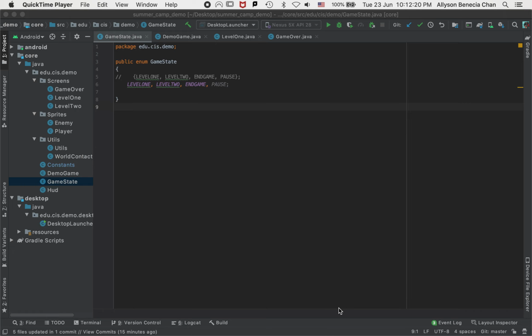About how to change your game screen. So for example, from your level 1 screen to a game over screen when the player dies. So in your game, first you want to make an enum called game state. And enums were explained before with the player and different states of the player, so running, jumping, falling, that